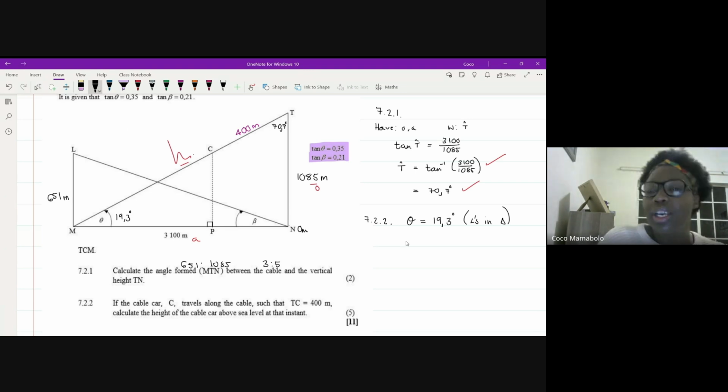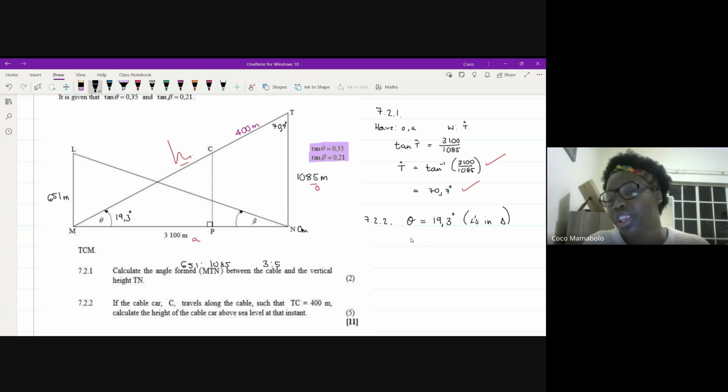Okay, so again, you can use Pythag, you can use trig. All of them are going to give you the answer that we need. In this case, I'm going to use cos, right? I have my adjacent, I want my hypotenuse, so I'm going to use cosine of 19,3 degrees is equal to adjacent, which is 3100, over hypotenuse, which is MT. If I cross multiply, MT is going to equal 3100 over cosine of 19,3, and we're going to take your answer, which is